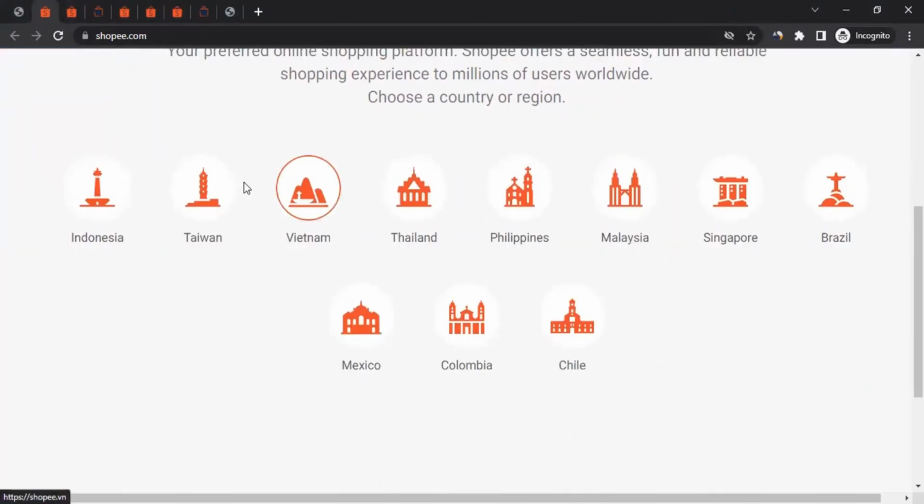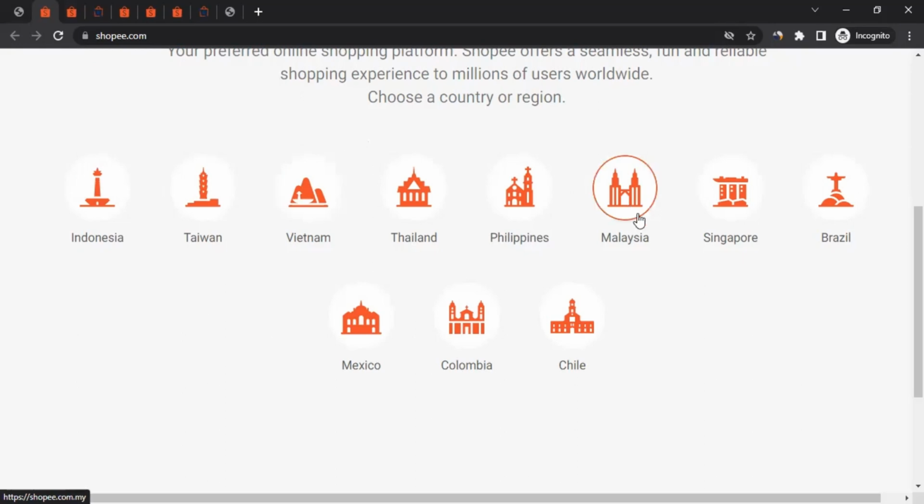You can just go through to the website based on the country. Say, if you're part of any of these countries, you can just click on the icon and you'll be taken to that version of the website. But let's say if you're from outside of these countries, but you have traffic from, let's say, Taiwan or Vietnam, then you can select the country accordingly, and then you will be taken to that version of the website.